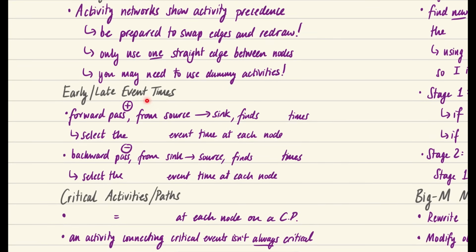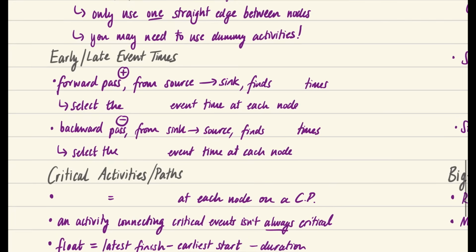In terms of early and late event times that you might need to add onto an activity network, when you do a forward pass, this is when you're adding times on and you're doing it from the source to the sink. What this does when you're doing a forward pass is it finds the early times, and it's always done by adding things on. At each node, you're going to be finding the largest event time,